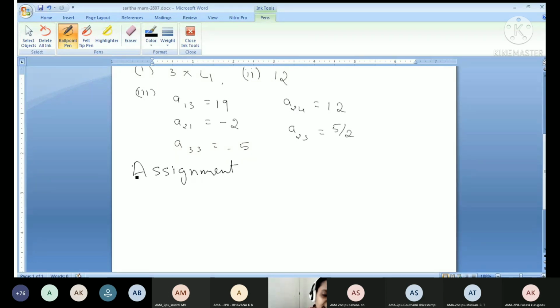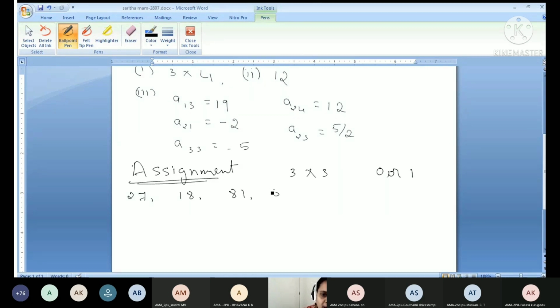Doubt is: the number of all possible matrices of order 3 by 3 with each entry 0 or 1. So for order 3 by 3 with each entry 0 or 1. Correct? Many people have this doubt. Options were 27, 18, 81,